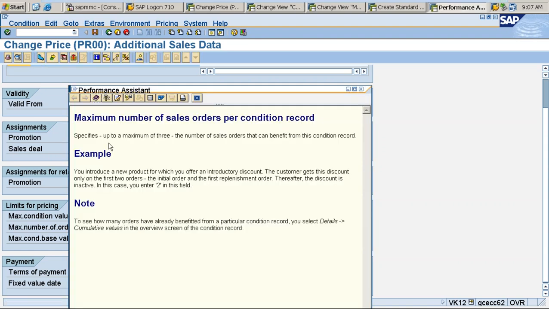It says specify up to a maximum of 3, only 3. This is the gap in SAP, that the system will not allow you anything more than 3 numbers in